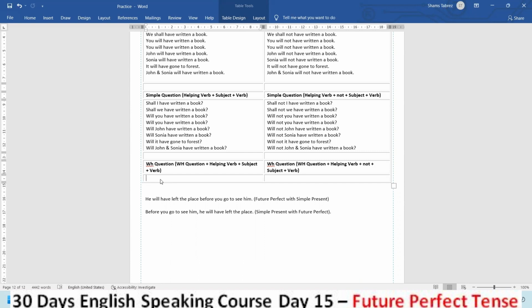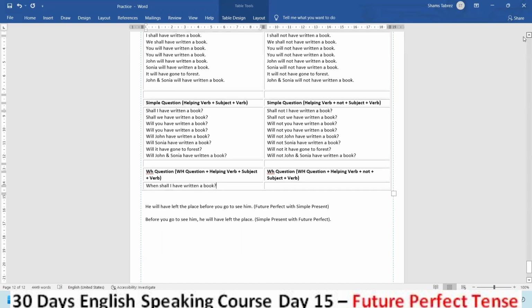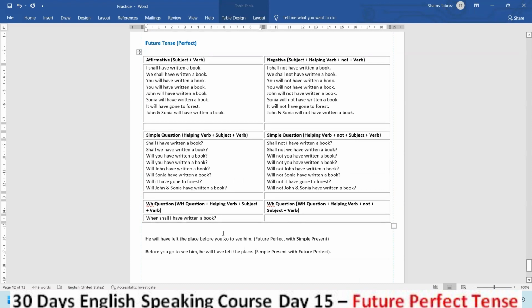When shall I have written a book? Please translate, then answer in English, and then translate that answer as well. कब मैं एक बुक लिखूंगा? When shall I have written a book? मैं एक book लिख चुका हूँगा. Right? So your answer will be